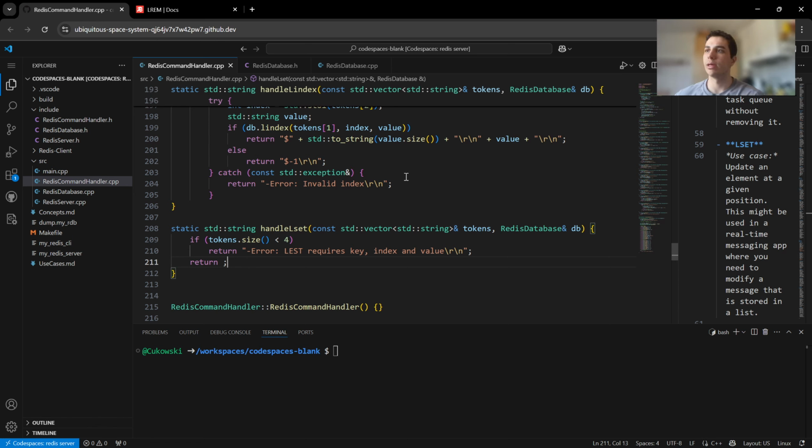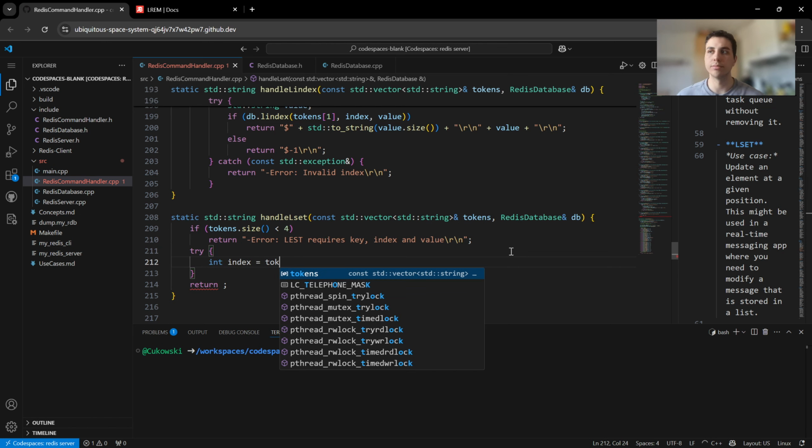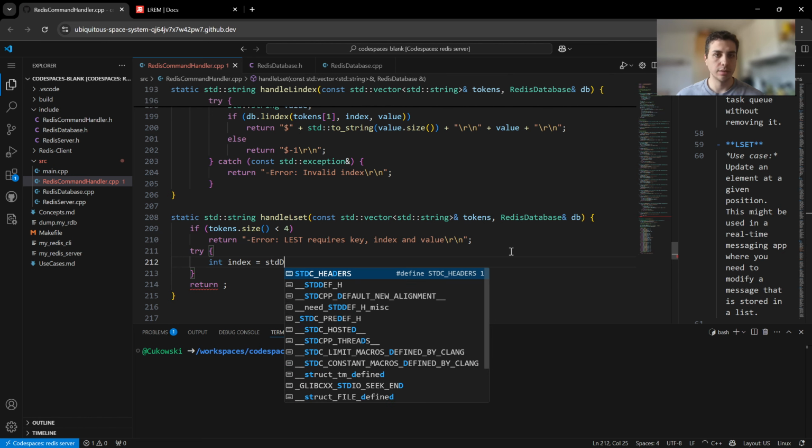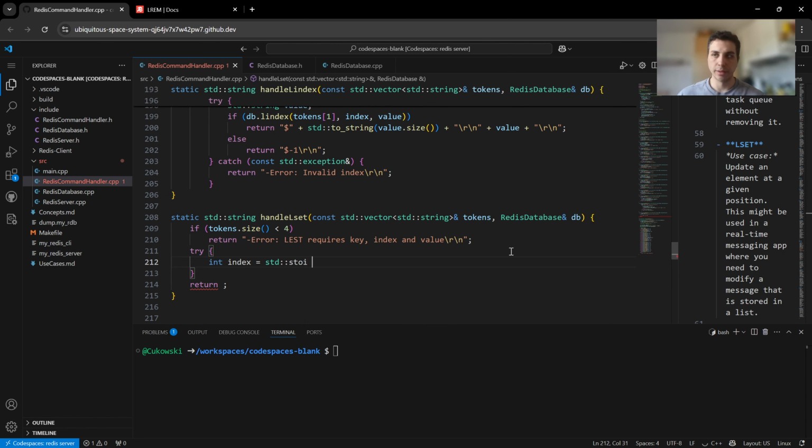And again, we will have a try catch. We will try to get our index just like the other ones. std, string to integer,